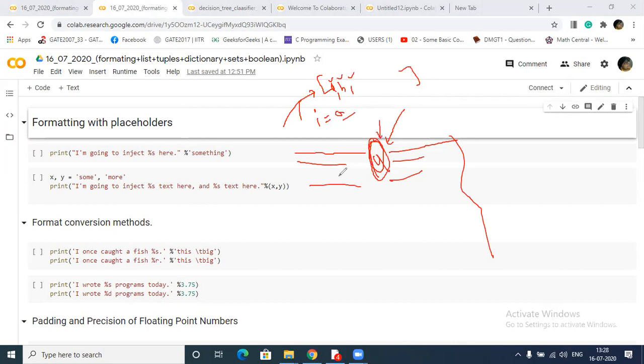So using a for loop, I can print this statement as many times as we want, and in each statement we can insert the elements one by one. This is the exact work of a placeholder.